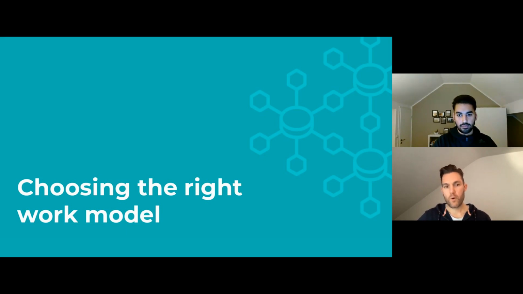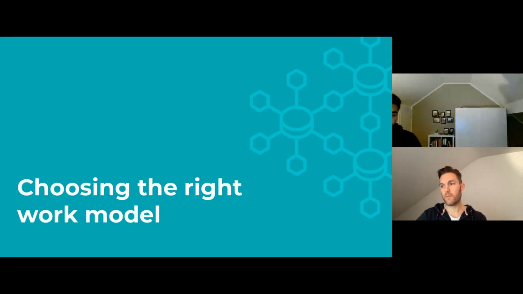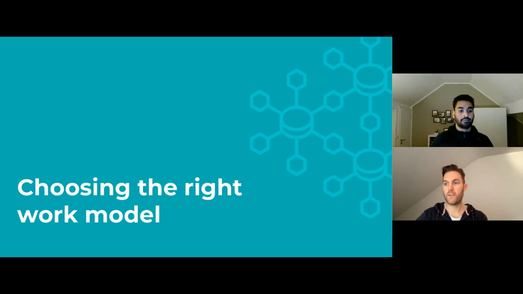And choosing the right work model actually depends on a lot of factors. It's about the size of the team, so how many engineers are actually there to cope with the workload. It's about how the team is actually affected by bugs and field requests. So is it more internal, or is it directly confronted by customers and bugs coming from the outside?